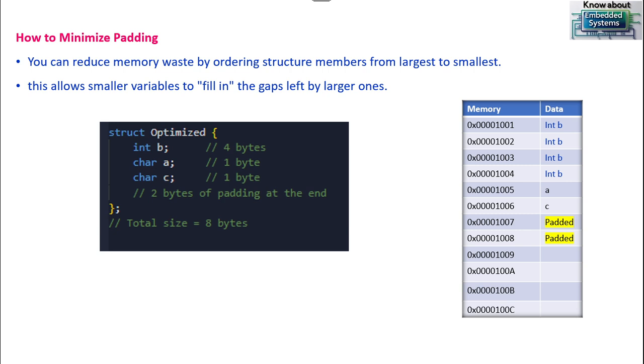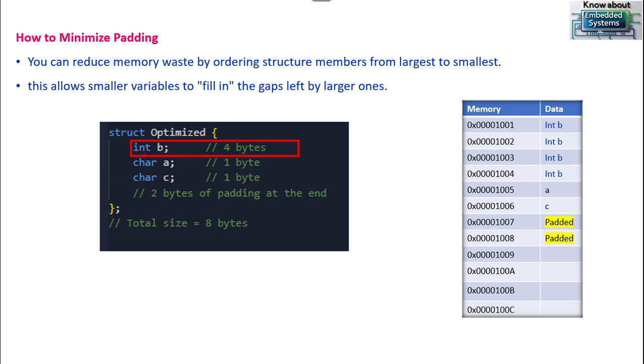Now, how do we minimize this structure padding? There are two major things we have to understand to minimize it. Scenario number one is where we can avoid or minimize the structure padding. The structure padding can be minimized in two different ways. One way is we have to define the structure member which has the most number of bytes first, like